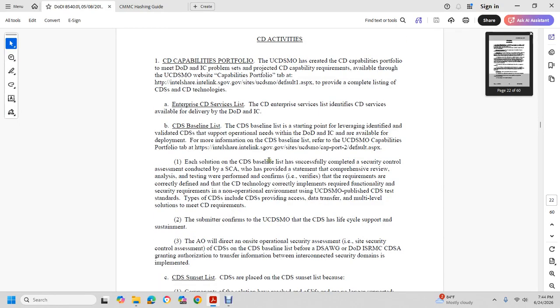cross-domain solution baseline list, successfully completed security review and assessment, SCA. It provides a statement with a comprehensive review, analysis, and testing, confirms and verifies the requirements are clearly defined, that the cross-domain technology currently implements the required functionality and security requirements in a non-operational environment, with the published cross-domain solution testing standards. Types of cross-domain solution include cross-domain solution providing assisted